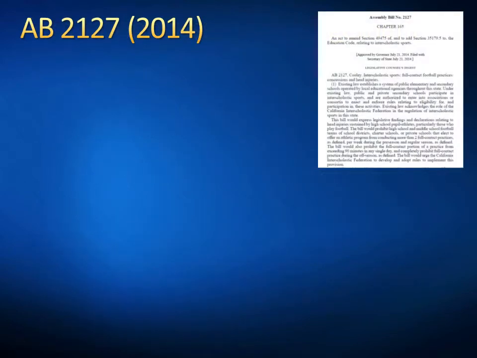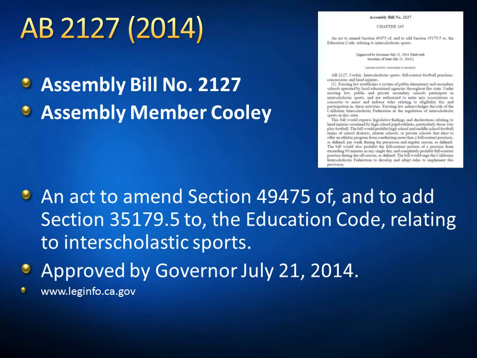Beginning in 2009 with the Lystedt Act in the state of Washington, states around the country have been enacting concussion laws to protect student athletes. In California, the first law was AB 25 in 2011, which mandated removing an athlete from competition if suspected of suffering a concussion, as well as providing for concussion education procedures. In 2014, a second law passed for concussion protection, and it was AB 2127 by Assemblymember Cooley. This law established 2 primary practices in high school athletics, beginning in 2015.